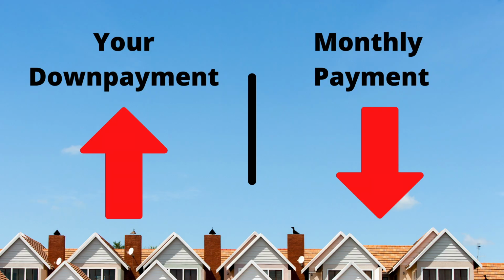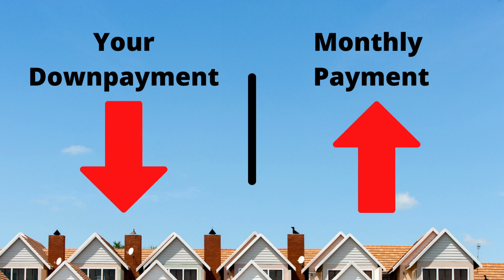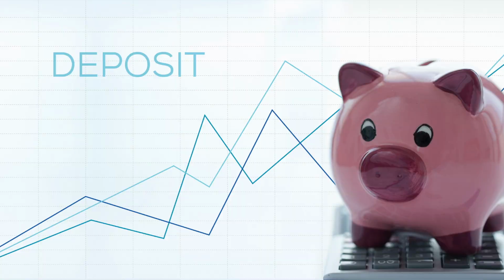Putting down more cash up front reduces the amount of money you need to borrow, so more down payment means that you'll have a lower monthly payment, and then if you put less down, it means you'll have a higher monthly payment. Alternatively, a deposit is good faith money that is put down by the buyer upon a successful agreement